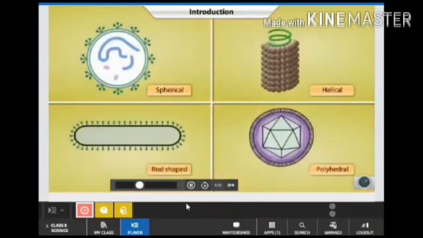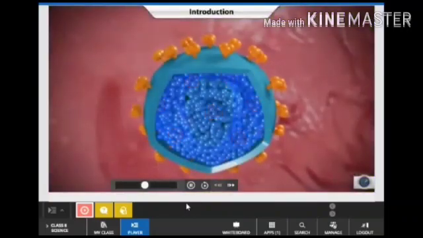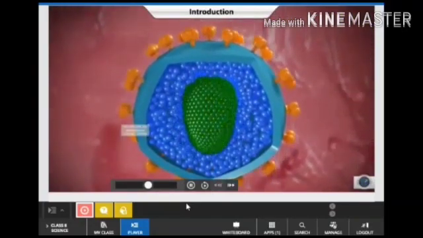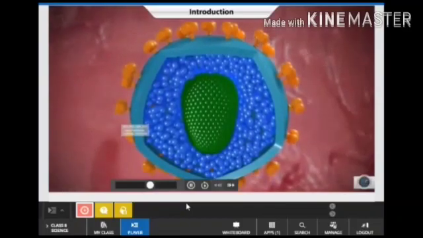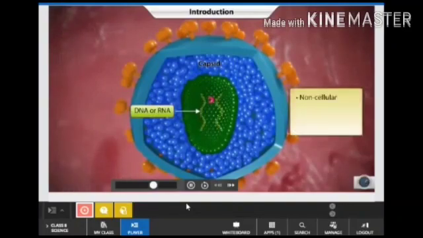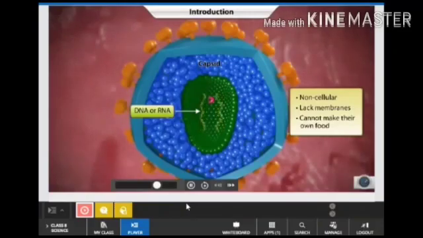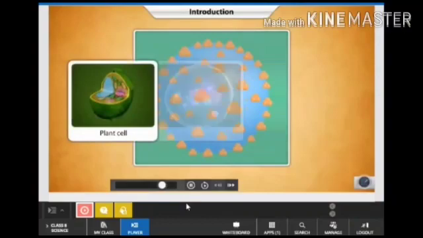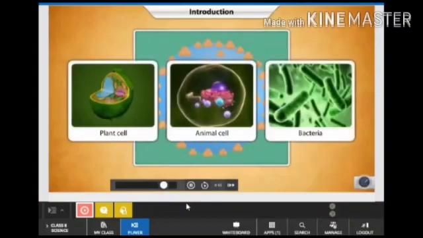Let's see the structure of virus. A virus contains a core of DNA or RNA. Surrounding that core is a protein coat. In some viruses, the protein coat is covered by an envelope made of protein, lipid and carbohydrates. The outer covering layer is called an envelope. The envelope has spikes that help the virus particle to attach to the host cell. Host cell? What is a host cell? A host is the body in which the virus enters, and it is called a host cell. If the virus enters a plant, the plant is a host. If it enters a human, the human is a host.